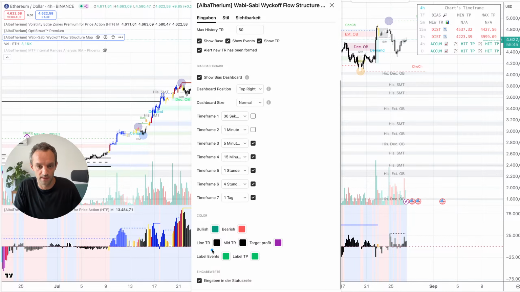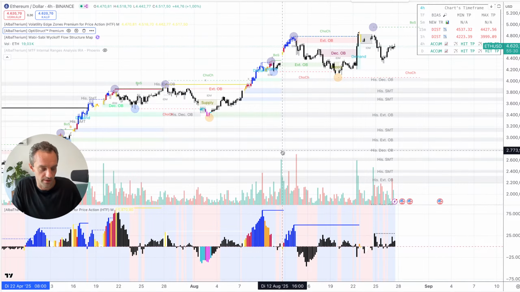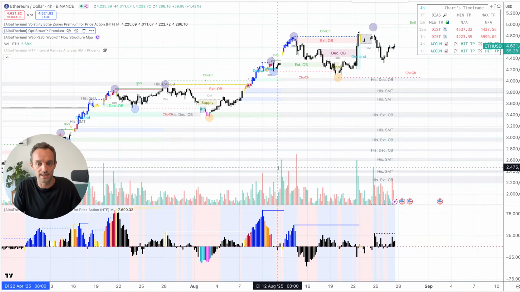And then the only thing, because I have a white TradingView setup, is here. The line color should be black. Standard, it's white because it's optimized for a white screen. Okay, this was a really quick introduction about the indicators, and now we'll deep dive into what you can see here. And of course, very important